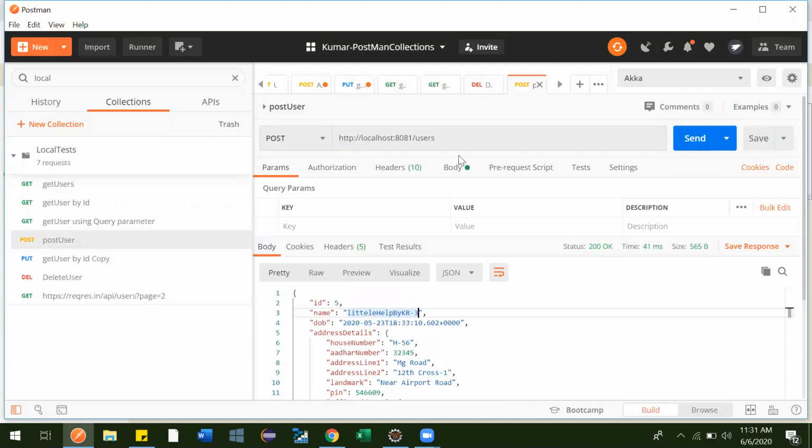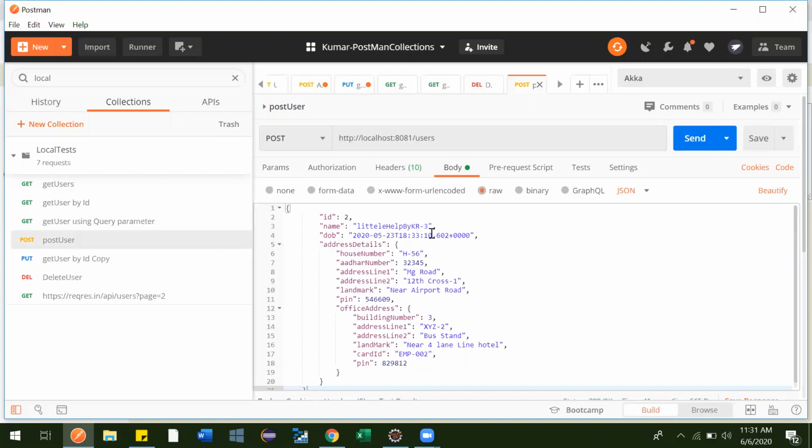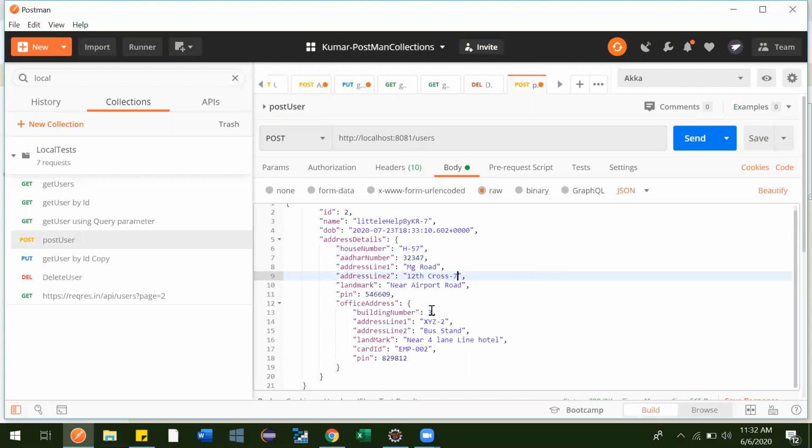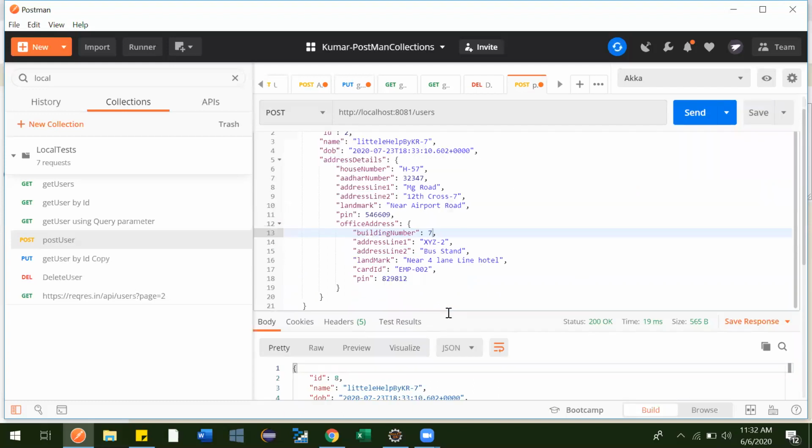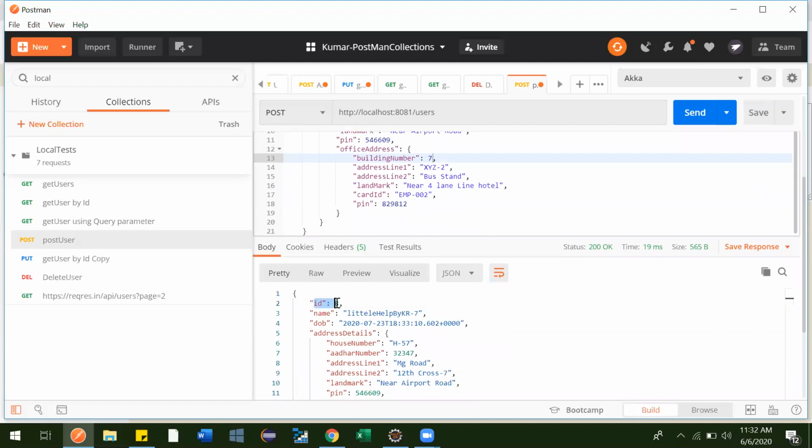This is the body, that was the response. We make everything 7 and send this. Now with ID 8 it got created.